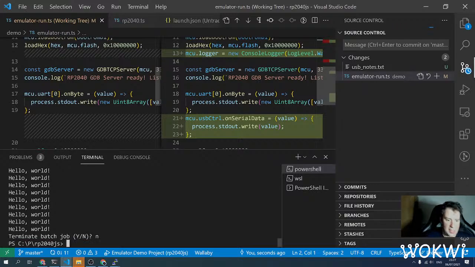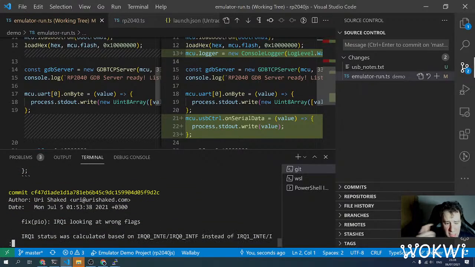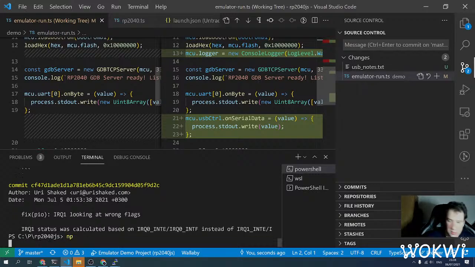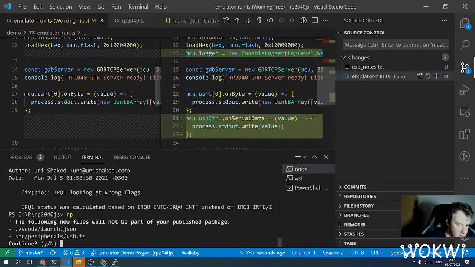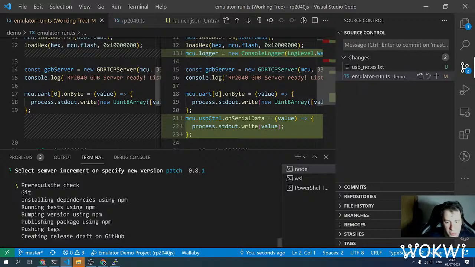And there is another bug fix from yesterday. If we git log, we can see the other bug fix from yesterday in the pipeline. So I'm going to release it as a patch release. The USB is not really ready, so it won't be a minor release. So let's publish this. While I'm good with those files, that would be a patch release. And while it's releasing,